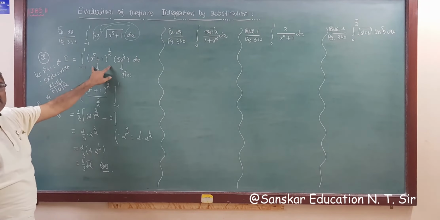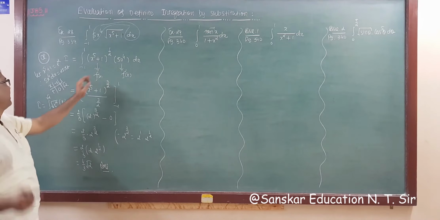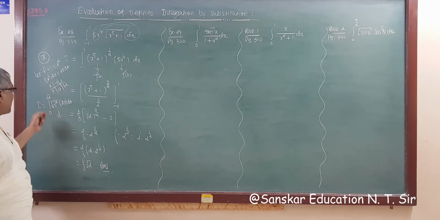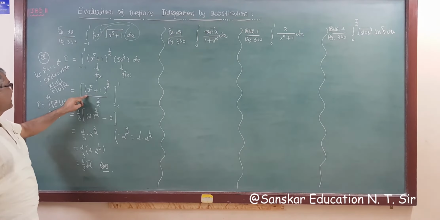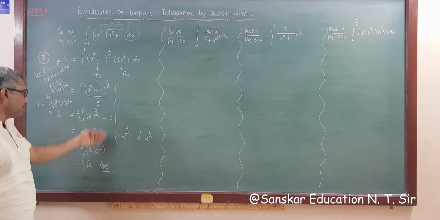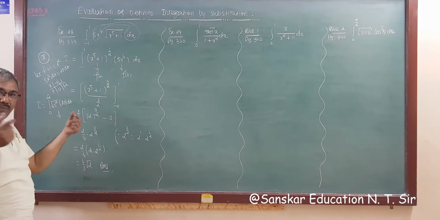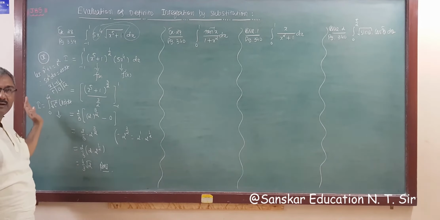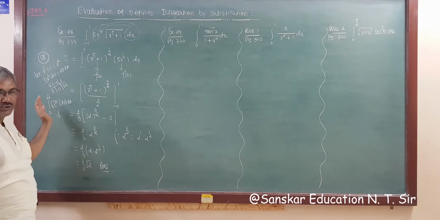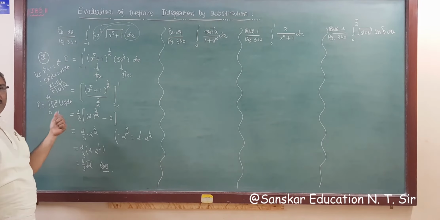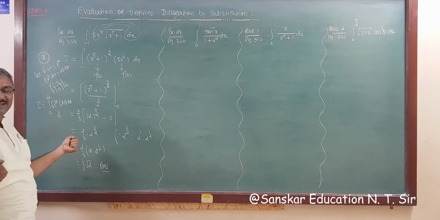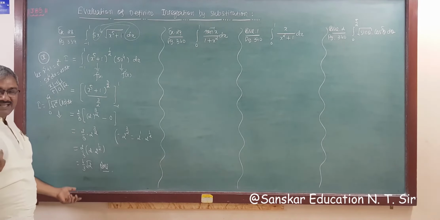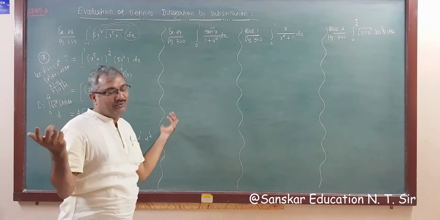In the direct method you get the answer within one step, and here you have to do this whole procedure. Now you have to integrate, and after integrating, again you have to substitute the upper limit and lower limit. So compare these two examples, and you will know which method you want to apply. Apply as per your wish. Whatever you wish, you have to do.